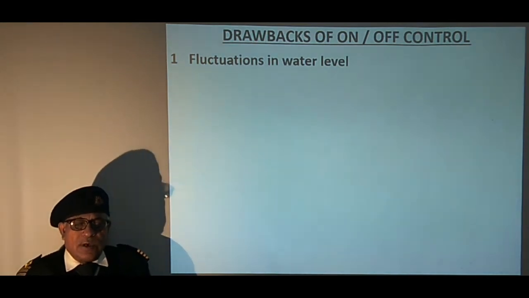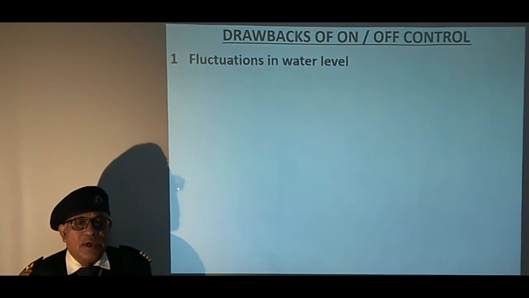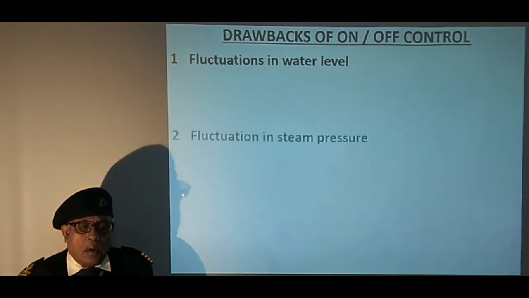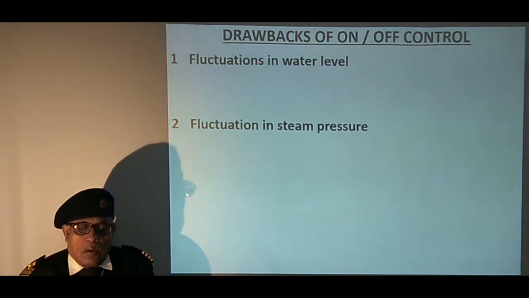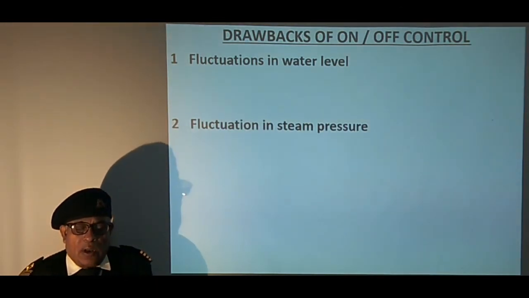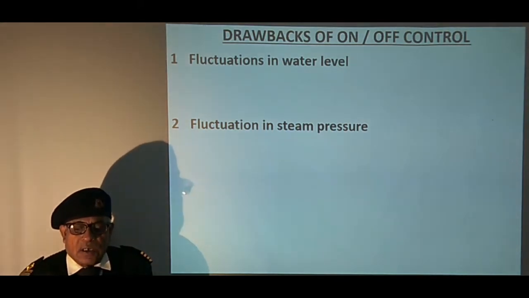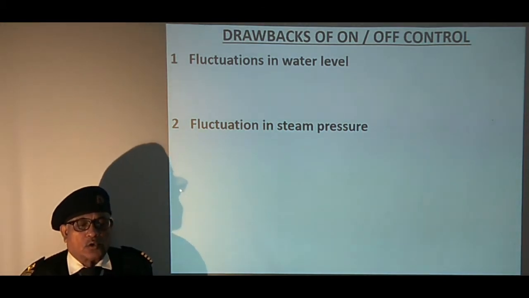There are fluctuations in the water level, as the principle of its control works with change in water level. When the water is admitted in the boiler, steam pressure starts to drop slightly, thus it results in slight variation of steam pressure also.